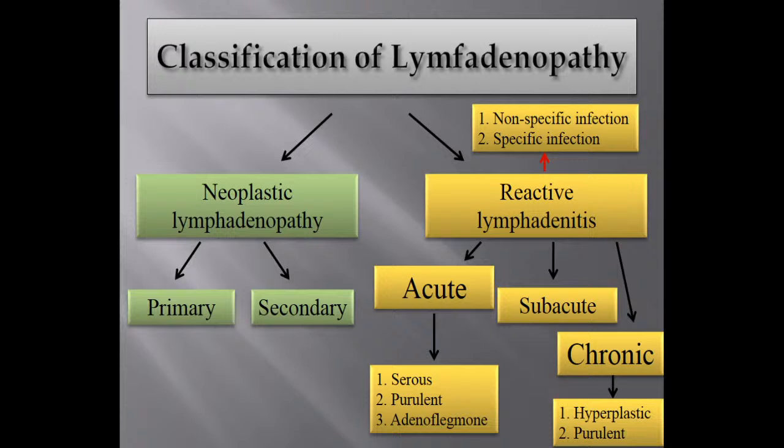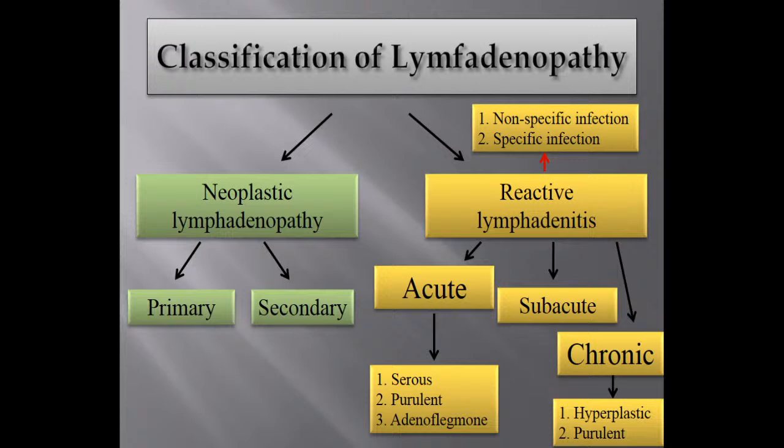Soft, mobile, and tender lymph nodes are likely benign. Hard, non-mobile, non-tender lymph nodes should be raised concern for malignancy. And if you find a few lymph nodes in one region of the face or of the neck, you have to think about malignant pathology of